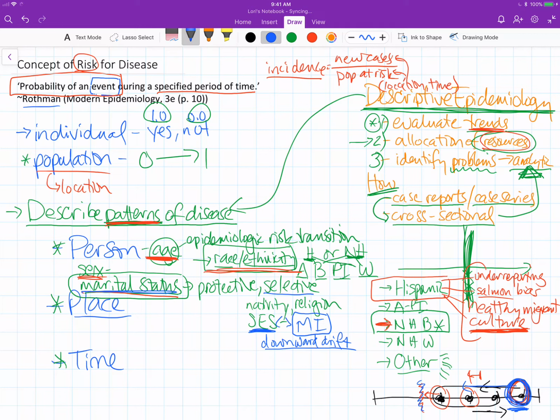This downward drift theory actually came from studies that initially were looking at schizophrenia, and they tended to notice that there was a lot of schizophrenia that was concentrated in the impoverished areas of cities. And so they said, does living in the impoverished area of the city cause a person to become schizophrenic? And I would say probably not as likely a connection as, say, depression, or is it that